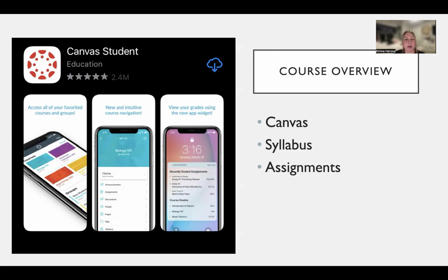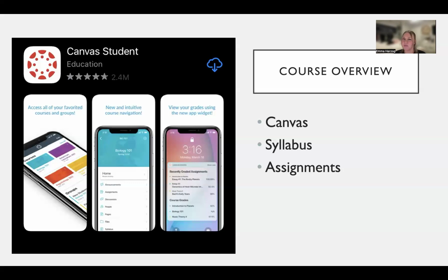I would highly, highly recommend, if you do not already have this app, getting the Canvas Student app on your mobile phone. It's helpful when I send out announcements. It also provides you with updates on your phone about when things are due. It just helps you to keep better track of this course or any other courses that you might have through the university. So I do highly recommend getting this. However, it's very important that you also have another way of opening documentation, because sometimes if you're only using the app, it doesn't always allow you to download things or to work on documents or to access everything that Canvas has to offer, such as uploading assignments and things like that.